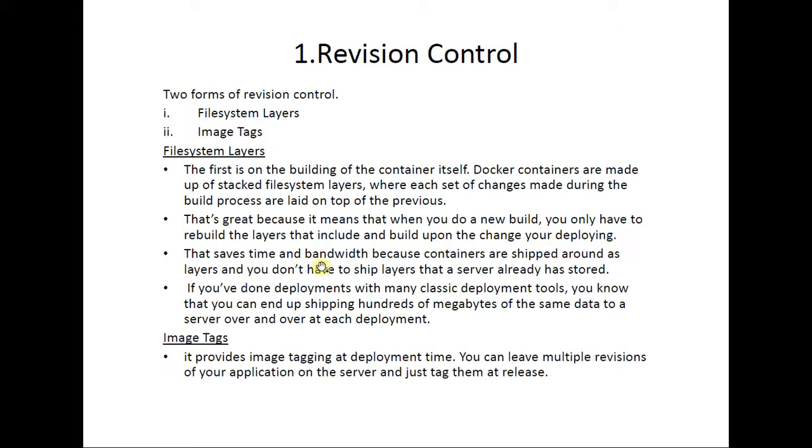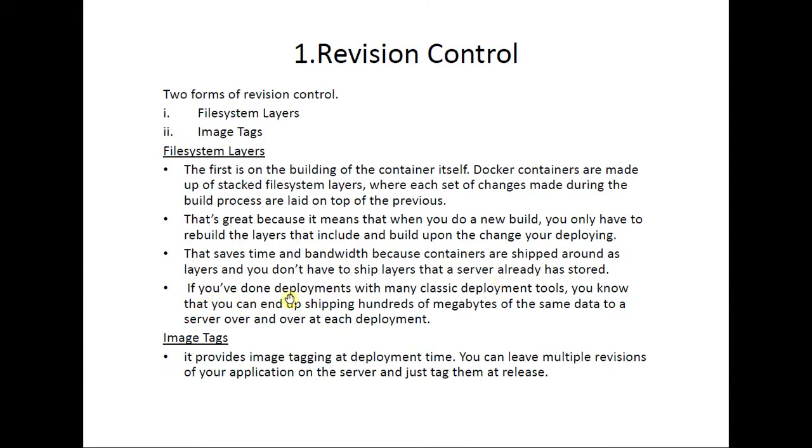Because of this, it saves time and bandwidth, because when we deploy the build, Docker ships the containers to the server. At that time you don't need to ship all the layers every time. It only ships the changed layer to the server side. So it saves time and bandwidth in the deployment process.